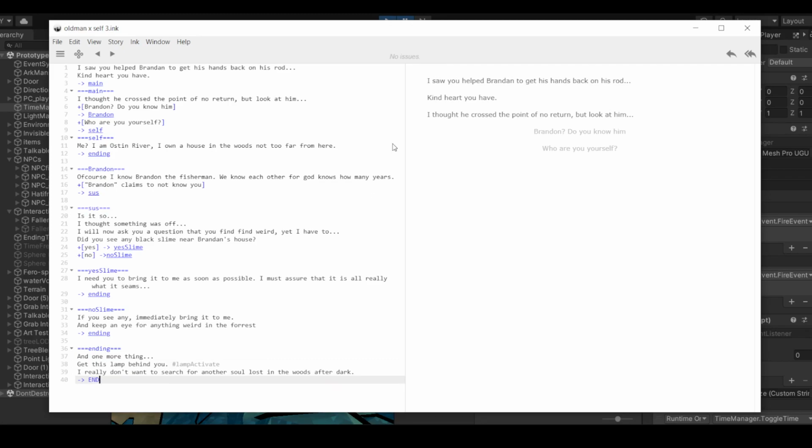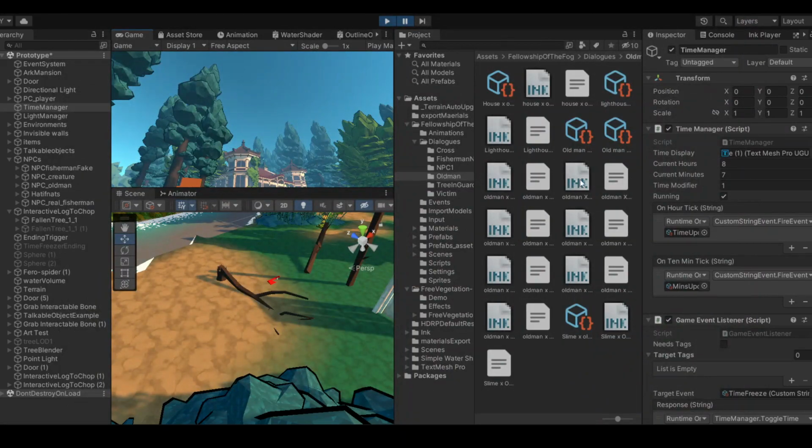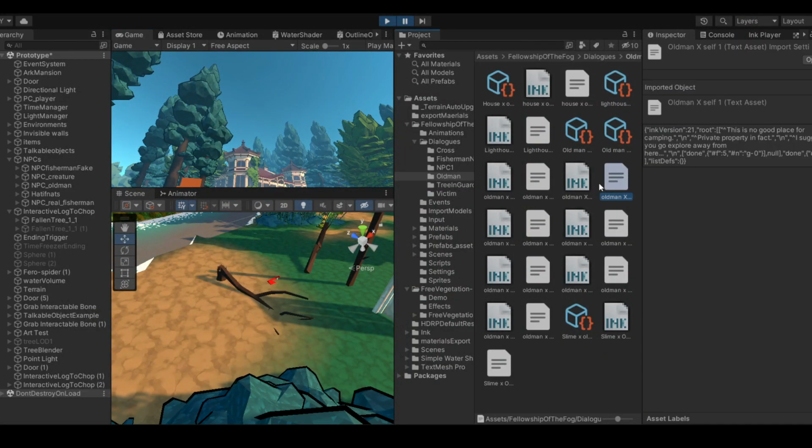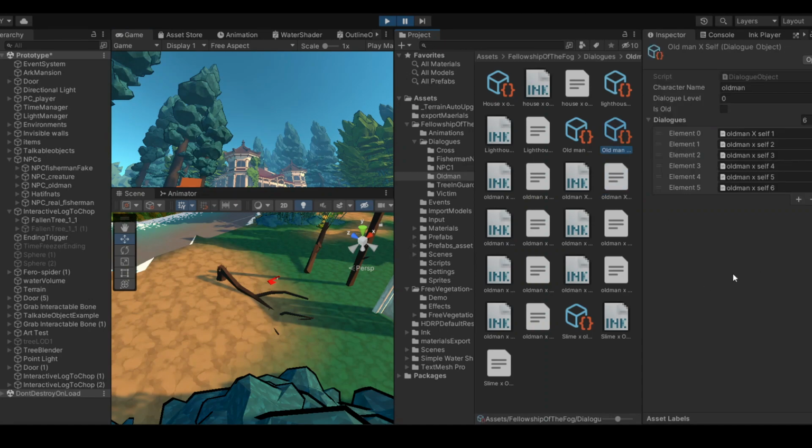So I think there is a plugin that lets you read ink files, but I've made a dialog system based on that. So here is an example of how the dialog looks within the ink editor, and then it gets turned into this text file, and then a bunch of those text files together are added to a scriptable object which represents a certain dialog between